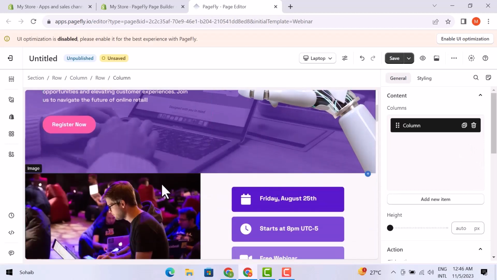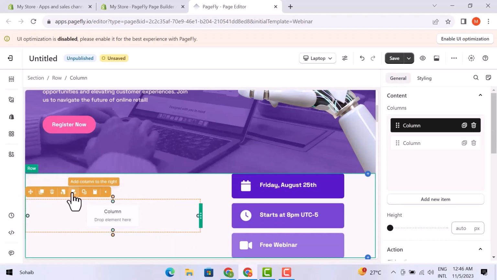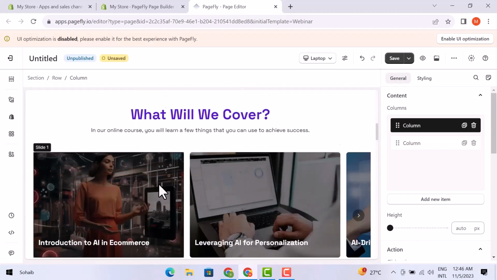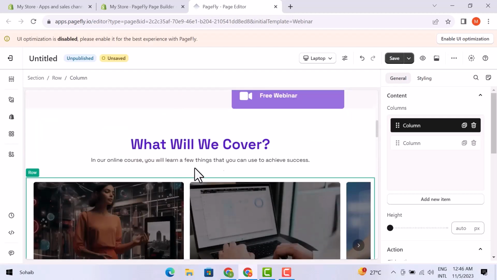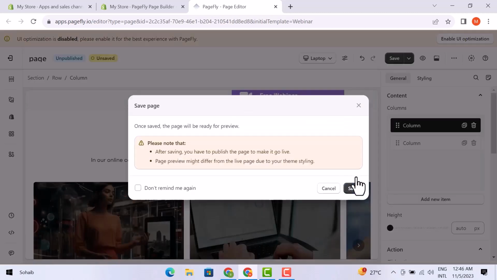You will find different options here. Then you can edit or design it from the given options, and once it is done, click on the Save button on the right corner. Now add the title of the page here, and then click on the Save button. Once it is saved,